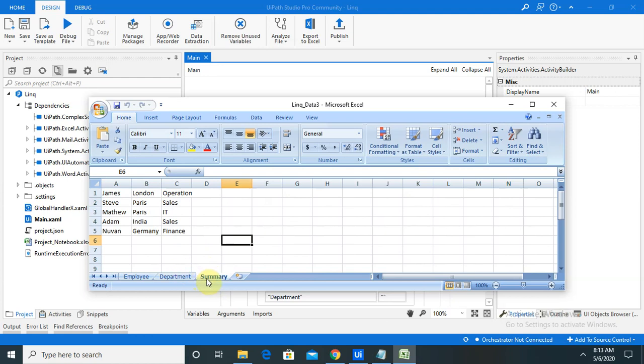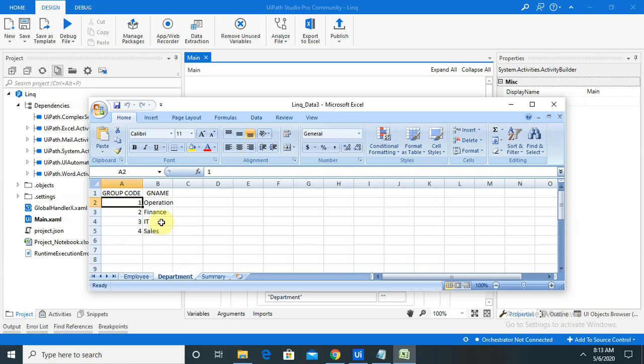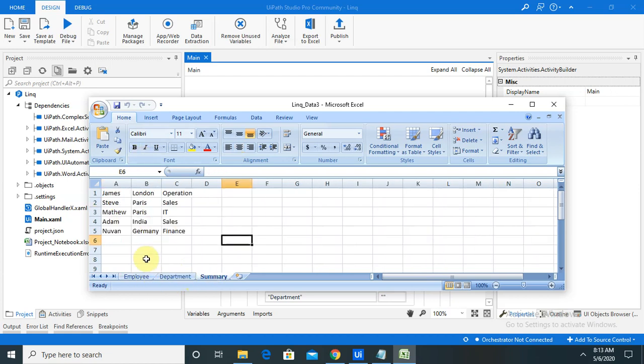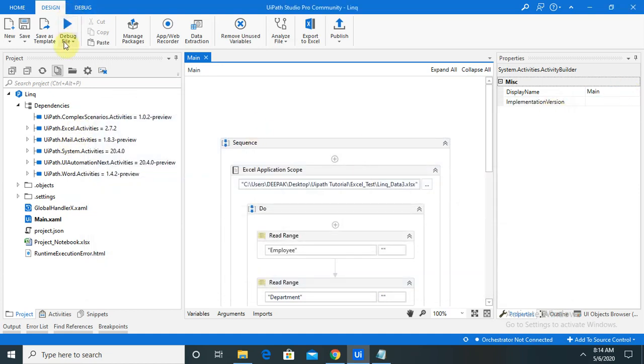The third sheet I have created is for the summary. After running this script, it will create that for me based on the group. As you can see, the first sheet contains only group code, name and the location. If I want the sheet to display first name, location and the group name, it is available according to my script. Let me delete this content and run it in front of you so that you will get a clear idea. I have already deleted the content and saved the Excel. Now I am running the script again.